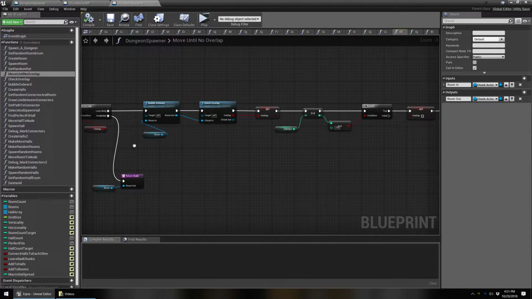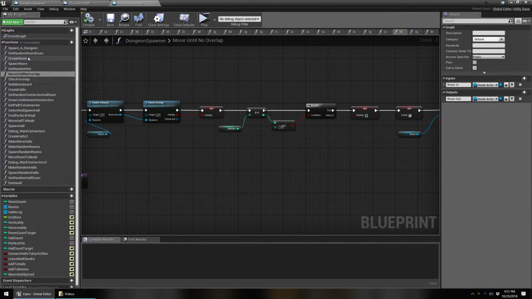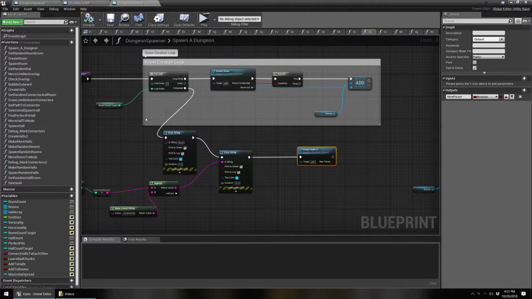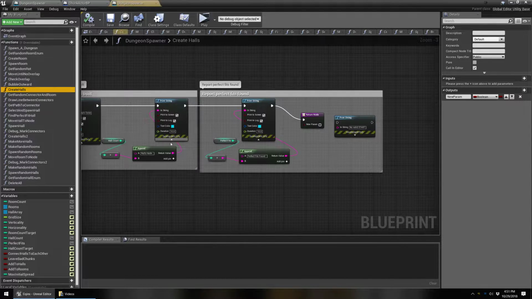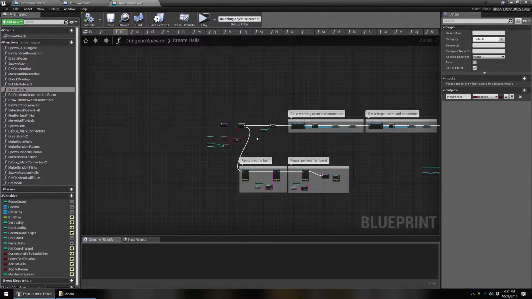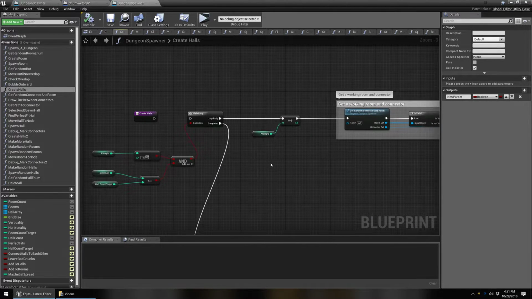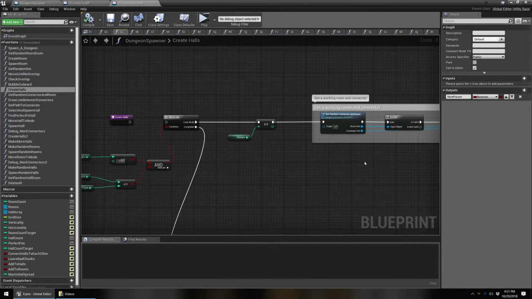So once it moves all of them out, it throws all those rooms into an array so we can keep track of those, and moves on to hallways. Hallways was a little bit more difficult than the rooms in that you've got to not only account for what's overlapping, but figuring out how to get from one room node to another room node, whether it can get there